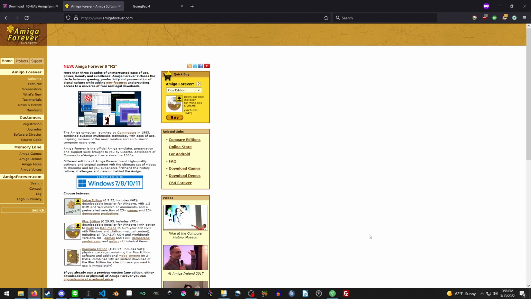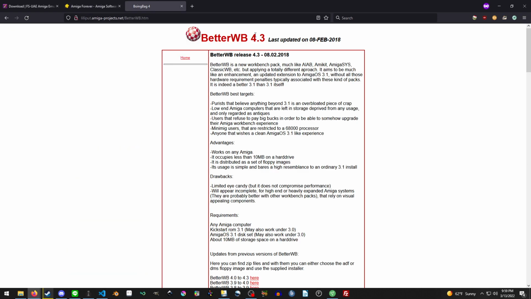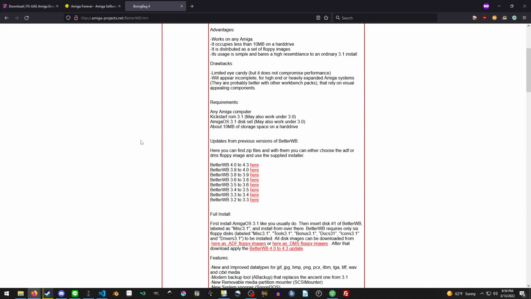And then if you have the Kickstart and the Workbench floppy, or you can extract it from your Amiga, you can use that, or you can get it from Amiga Forever, and I'm sure there's many other ways to get it. And then the other thing is there's the Better Workbench, which basically adds a bunch of really useful